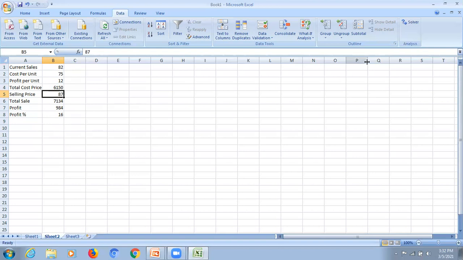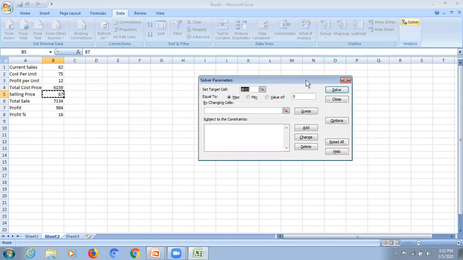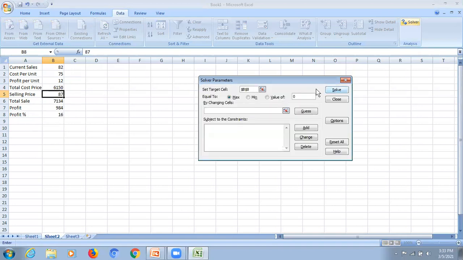See here, I will go to Solver. Set target cell. So what is the target cell? The target cell is this 16. I want this 16 to be the value of 26. I want to increase the profit by 10%. So my target is this B8.